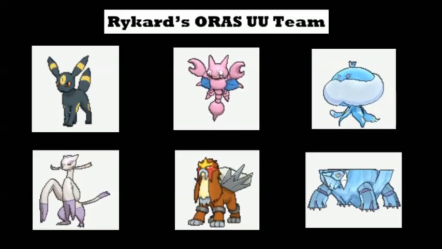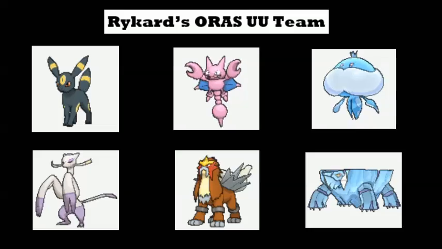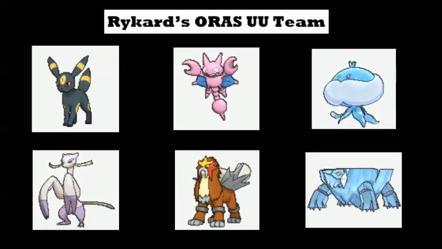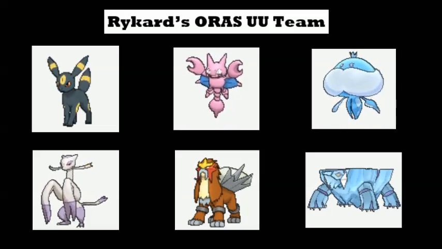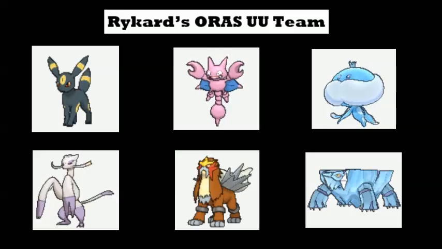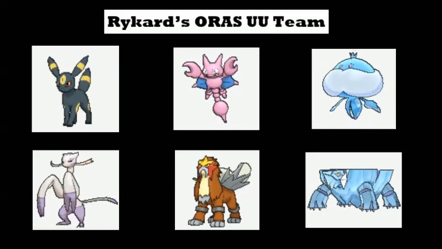Using Calm Mind Reuniclus to combat that was the first idea that I had, because I could use Psyshock to hit its unboosted side if I was ever in a Calm Mind war with Suicune. But that ended up being pretty unreliable, and really Reuniclus didn't do much other than that, which didn't really pan out too well. I eventually settled on using a Jellicent with a ton of speed investment and access to Taunt